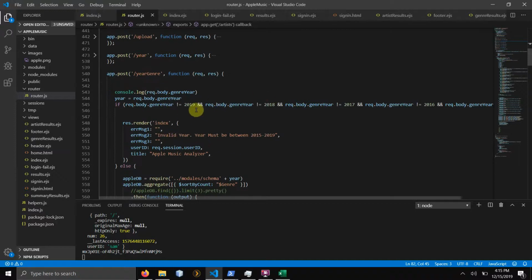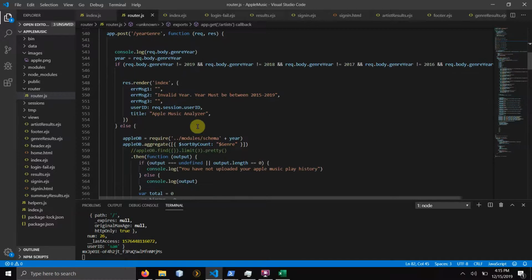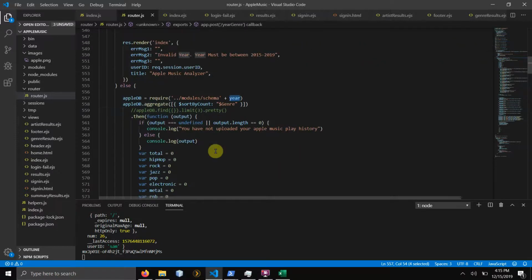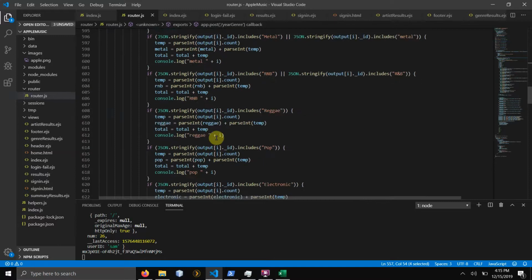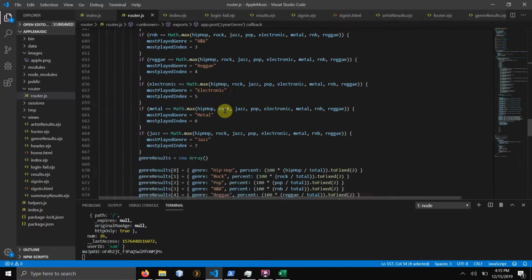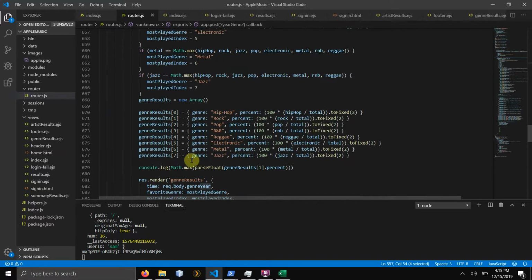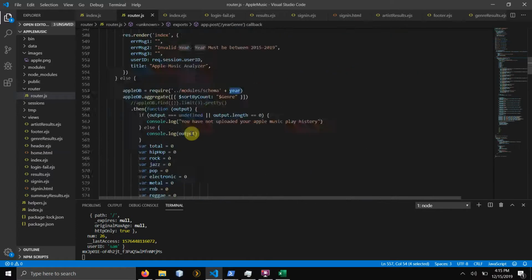It gets the user input and adds it to this, so it knows which year to search in the database, and it finds the most popular genres. Then it does the same thing as the genre one in the all-time. Sends it back to the user,